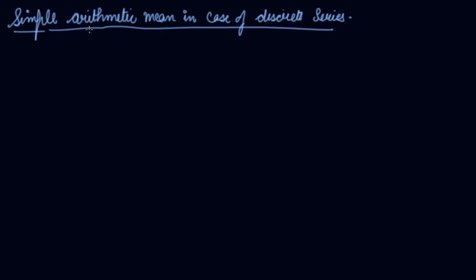In this video, we will study the calculation of simple arithmetic mean in case of discrete series. The discrete series are the series which include the items that occur more than once in the series. So, we change the data into the frequency data. In the discrete series, we have three methods: your direct method,